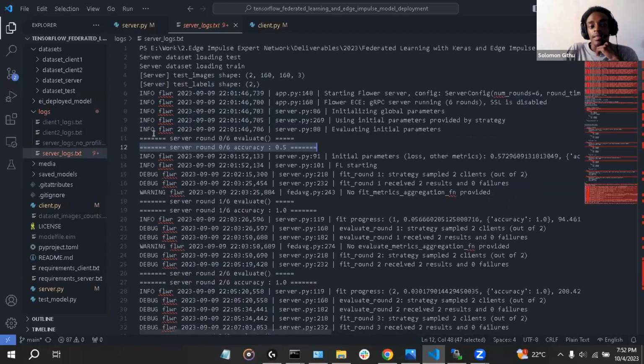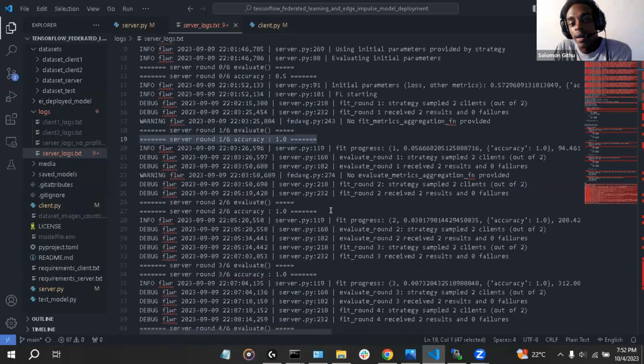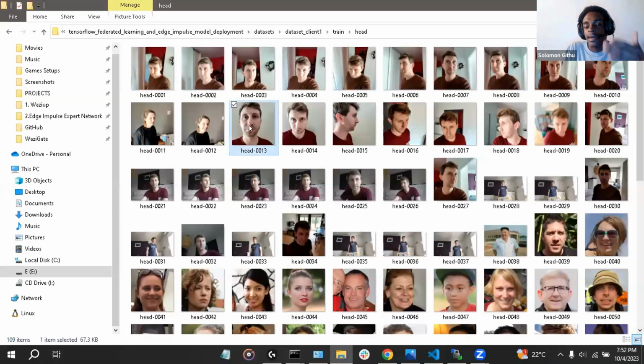If we look at these server logs, we can see that the model has an accuracy of 0.5. So this is initially, and then the accuracy goes up to 1. One reason for this is that in this case we are using a MobileNetV2 model, and we are just doing transfer learning. In this transfer learning, we want the MobileNetV2 model to detect if there is a head or if there is a heart.